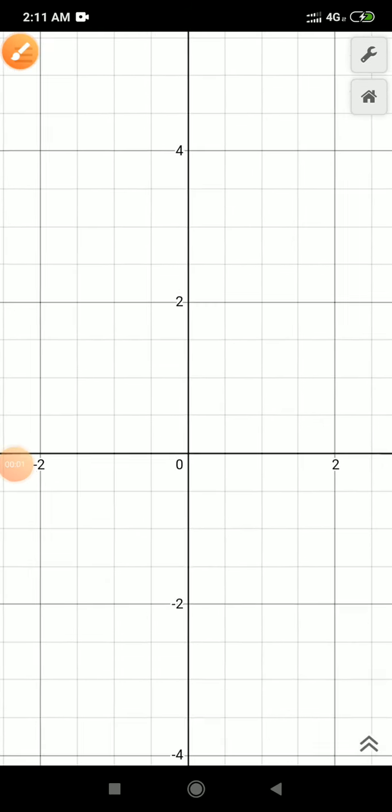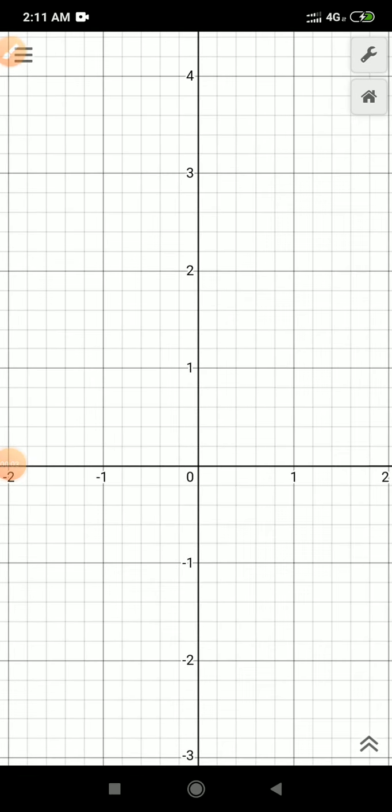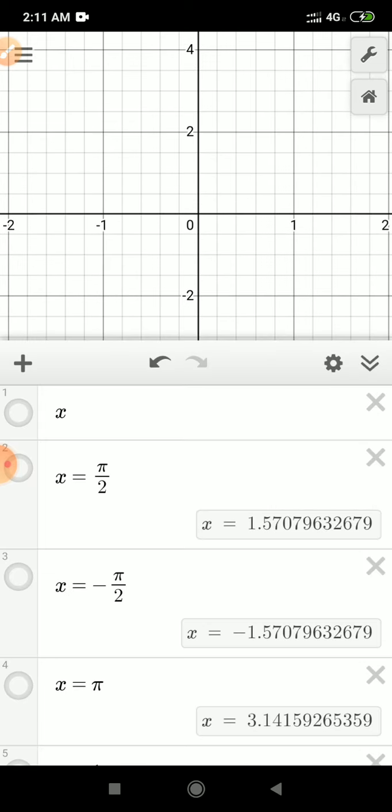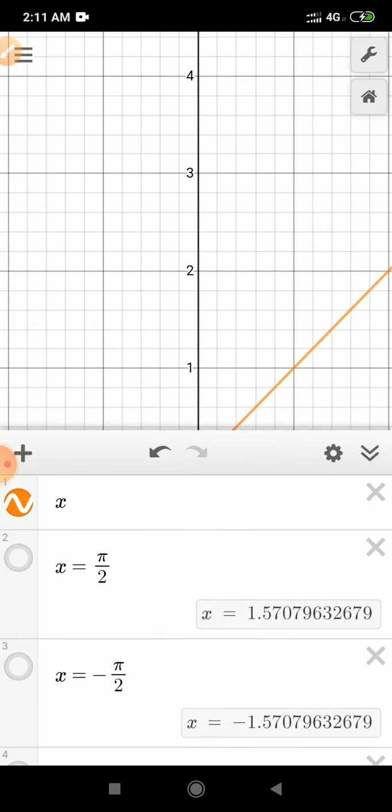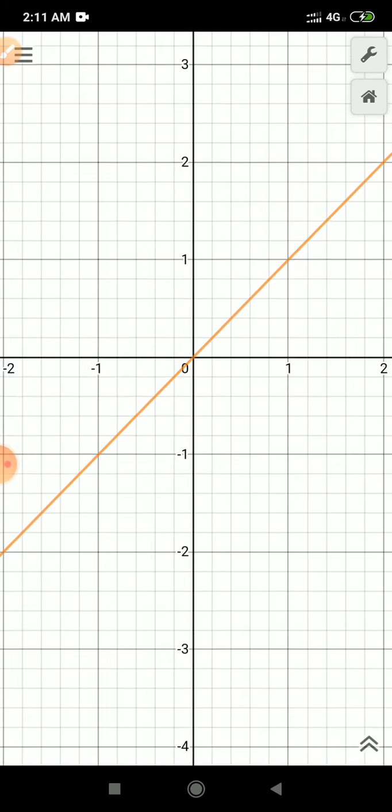In this video we will see the inverse functions for sec, cosec and cot. In a previous video we have seen the inverse functions for sine, cos and tan. For the rest we will see here, and also we will see what are the domain and range for them one by one. So first of all, let me draw the line y equals x to take the reflection for inverses,